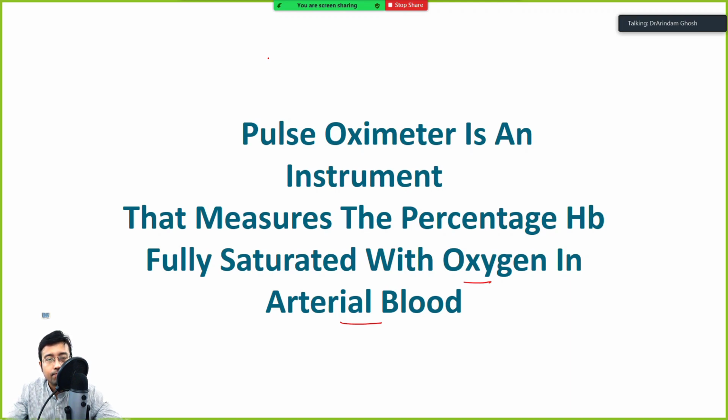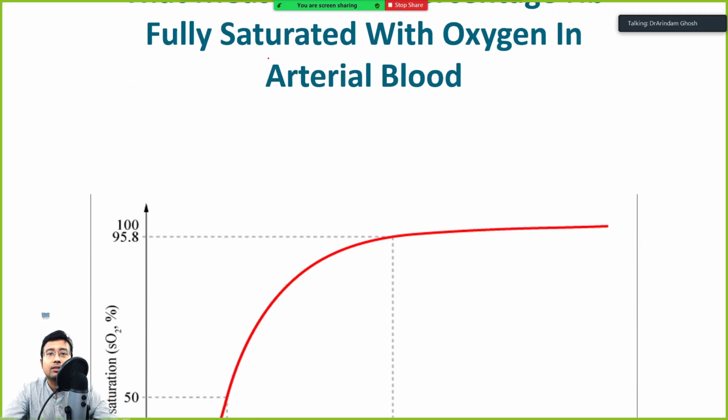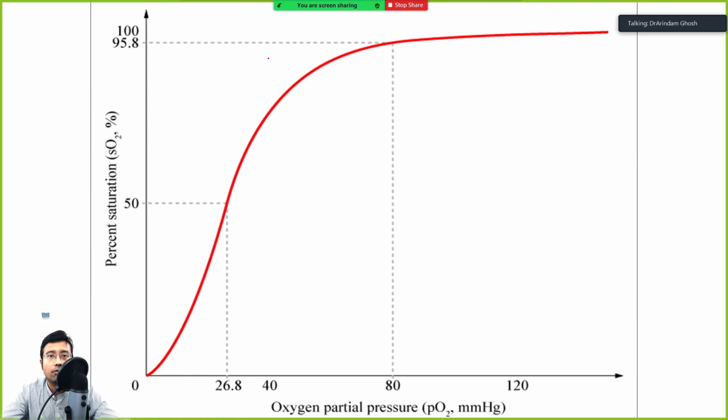And number two, the capacity of the lungs to deliver oxygen to the hemoglobin is also at maximum. So whenever one of these or even both of these are at fault, saturation will fall. Imagine the lungs are working perfectly, but the hemoglobin is now in a problematic state. For example, there is formation of the ferric form of iron, that is methemoglobin formation. For example, there is formation of carboxyhemoglobin by carbon monoxide poisoning.